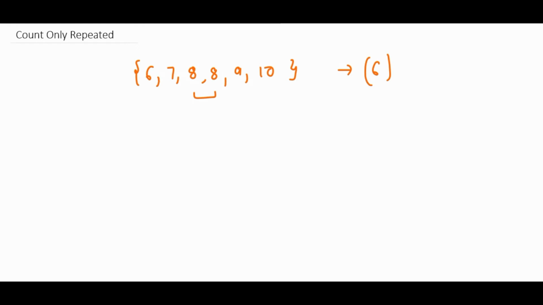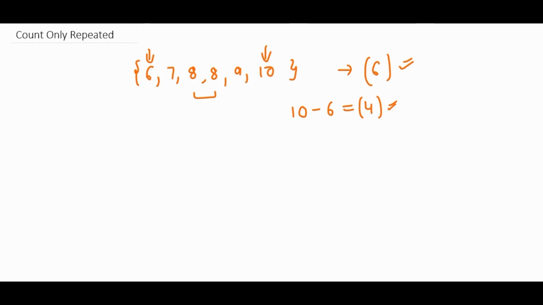We also know the number of unique elements in this array. Those are 10 minus 6, because this array is sorted. So the number of elements that are not repeating themselves will be the subtraction of 10 minus 6, which is equal to 4. So 4 elements are there in this array which are not repeating themselves. Right? So the total number of elements we know is 6, and the numbers that are not repeating themselves are 4.